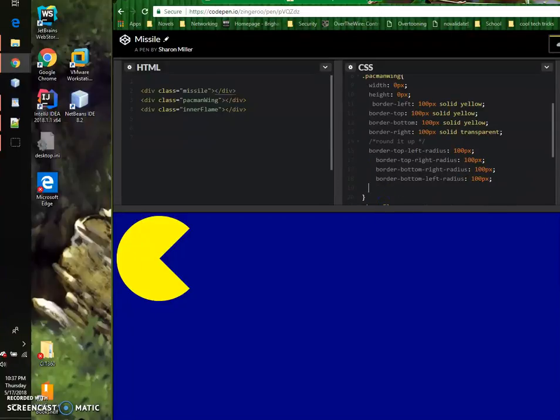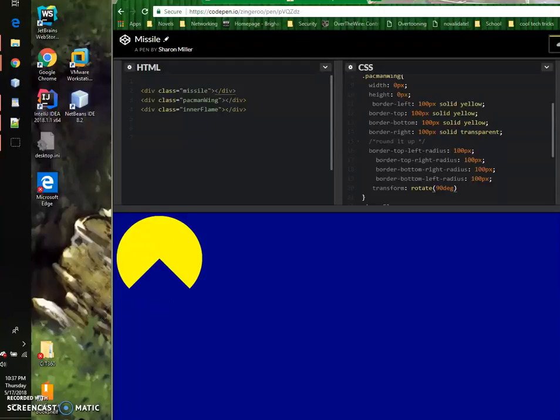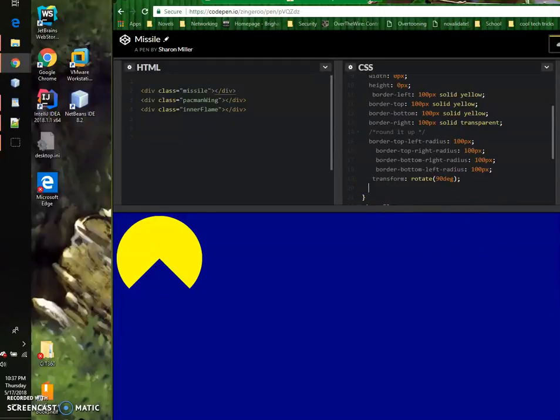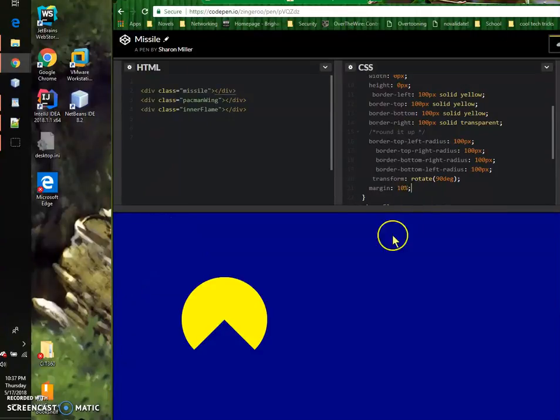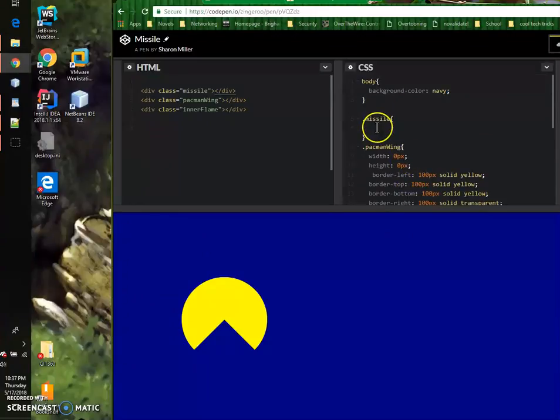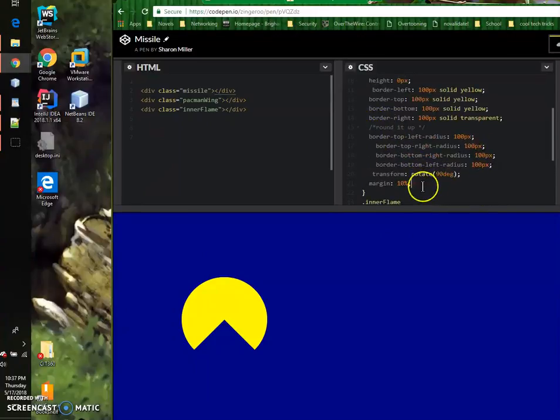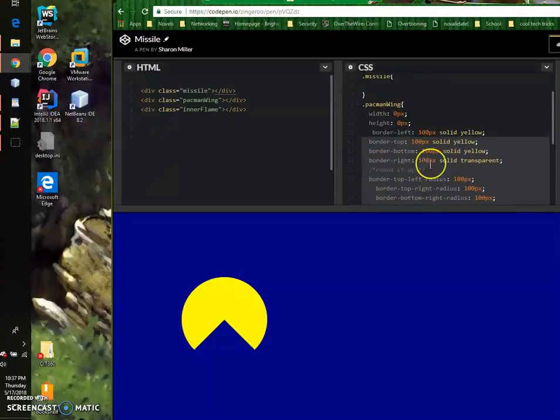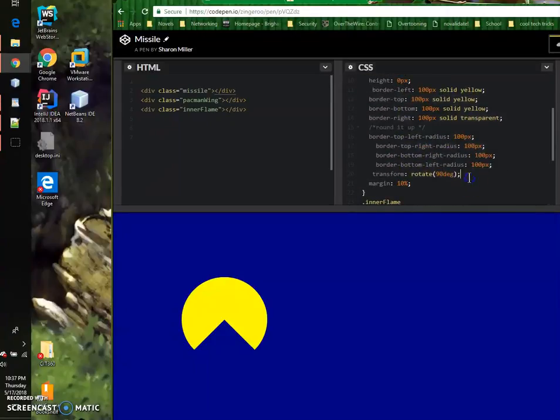Now we're going to finish this up by making it more like a rocket by turning it 90 degrees. And I'm going to put it out of the way by doing the margin of 10%, just to get it out of the way while I'm designing my missile. We are going to take this whole stuff